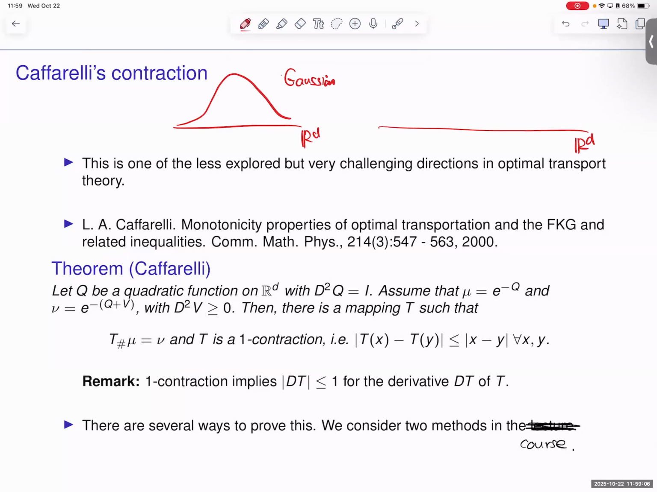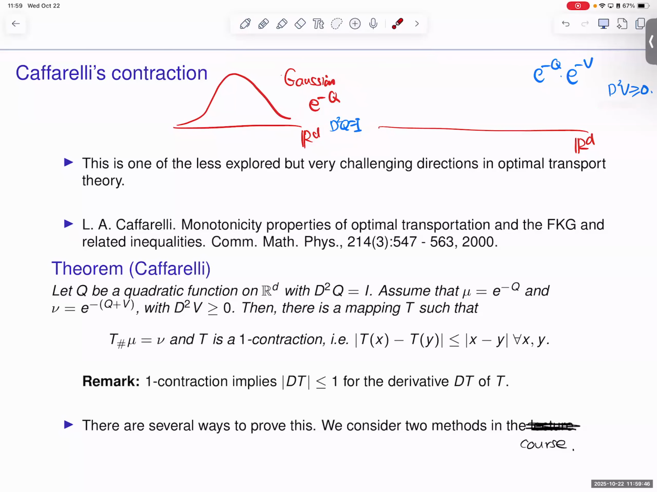Gaussian is like e to the minus q, where q is a quadratic function. And then you consider the so-called log concave perturbation, with e to the minus q times e to the minus v. Hessian of q is just the identity. So this is a quadratic function, and e to the negative quadratic function times a constant is a Gaussian. But now you perturb it